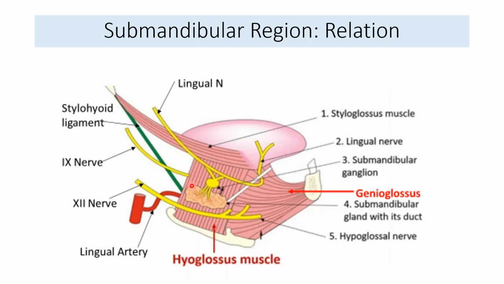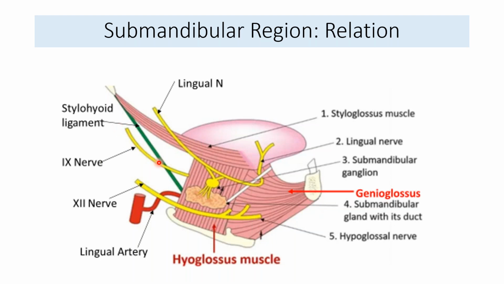So these are the three muscles that you should be able to draw. Then you should draw over the hyoglossus, you should be able to draw the deep part of the submandibular gland. And I just told you two nerves related. The upper is the lingual nerve, and below this is the hypoglossal or the 12th nerve that you have to draw. Suspending through the lingual nerve, you have to draw this submandibular ganglion, and from the medial and from the anterior aspect of this submandibular deep gland, the deep part, you have to draw this submandibular duct over here.